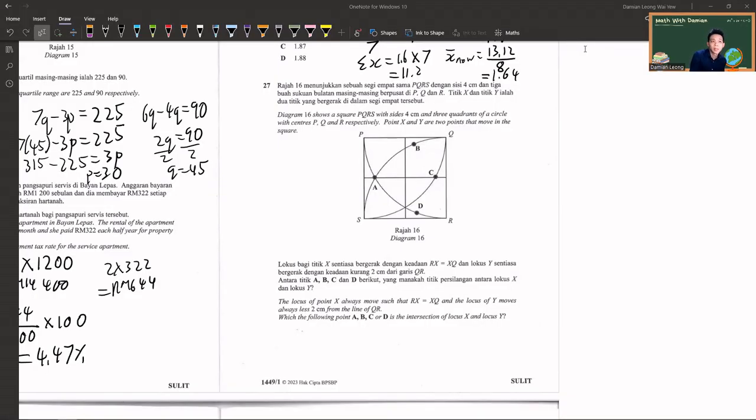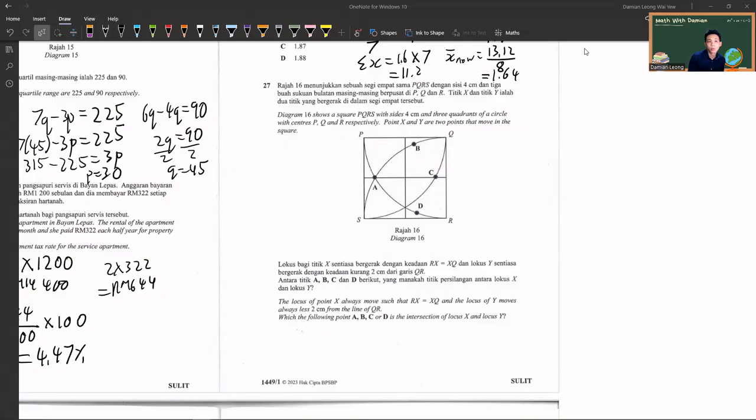So, lokus bagi titik X sentiasa bergerak dengan keadaan RX sama dengan XQ. RX equals to XQ means same distance. Okay. Lokus X mempunyai jarak yang sama dari titik R dan titik Q. Yes, the same distance from point R and point Q, which means